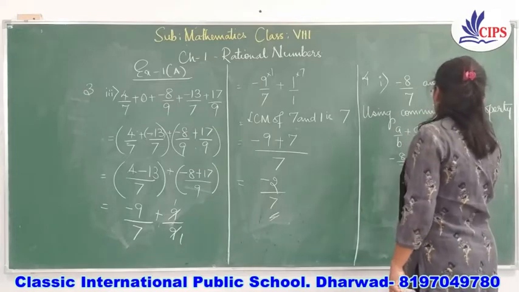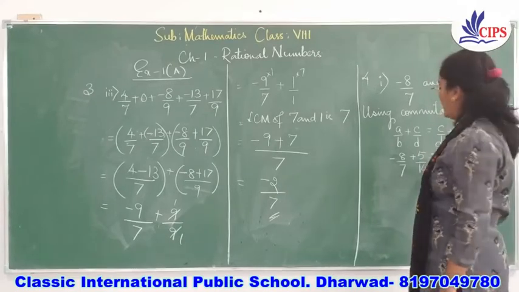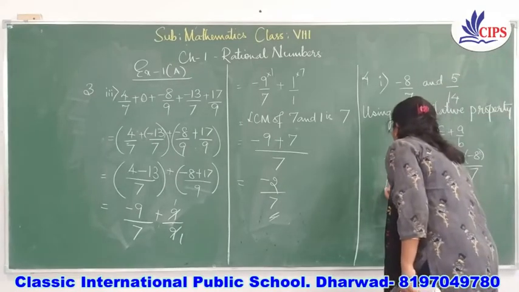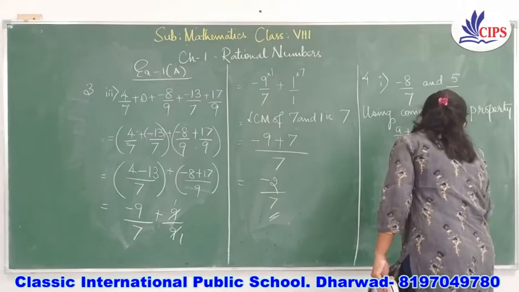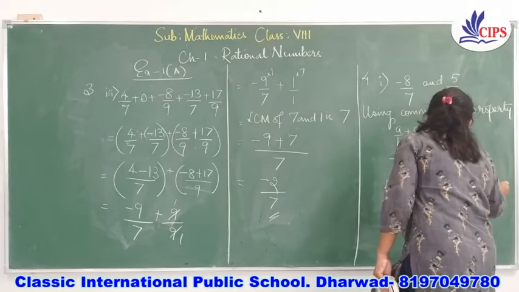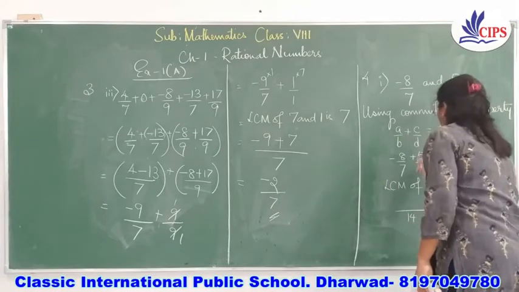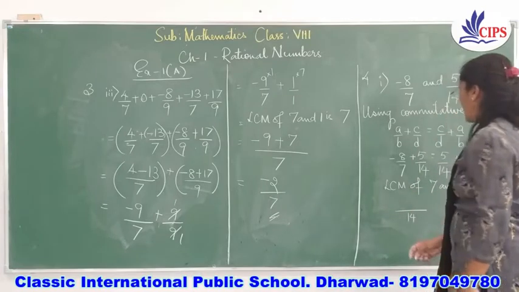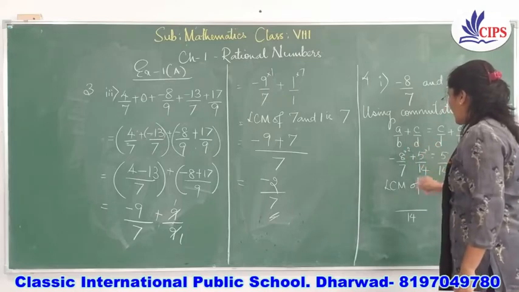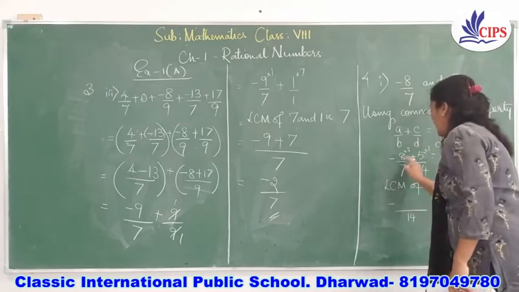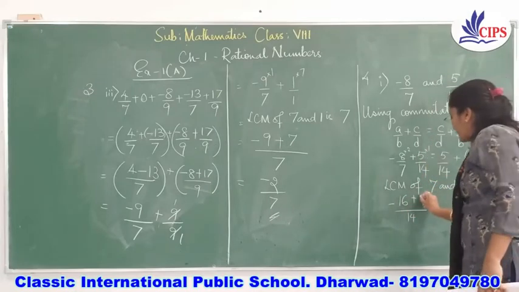So we'll take the LCM of 7 and 14. What's the LCM of 7 and 14? Yes, as 14 is the greater number, the LCM of 7 and 14 will be 14 only. So the LCM of 7 and 14 is 14. Now I'll write 14 common for both. First I'll solve it on LHS and then we'll go for RHS. So 7 what is 14? 7 twos are 14, and here 14 ones are 14. So I'll multiply these both. Minus 8 into 2 you get minus 16, plus 5 into 1 you get 5.